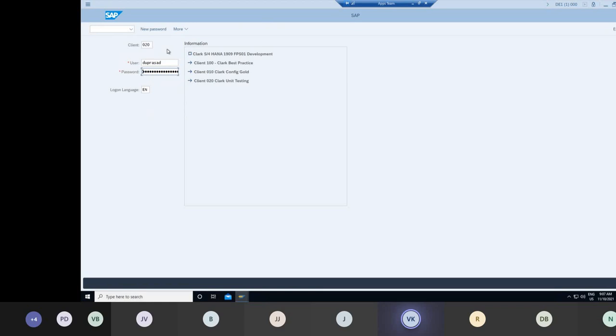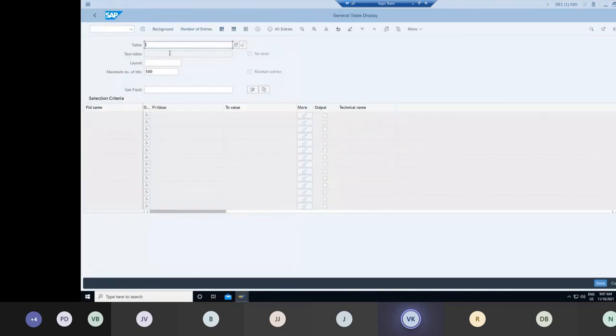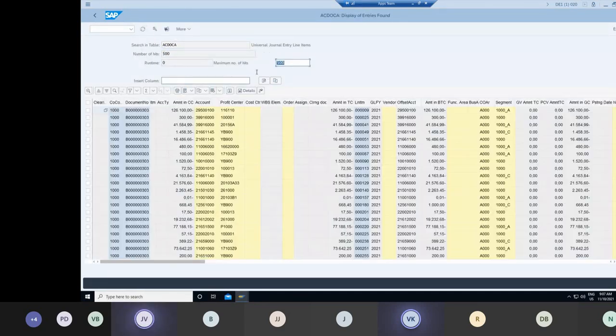That's the reason we are learning the end user part also. So here you will come, you will move your changes, and you will do your testing here. Right now I'm logged into 20, and I'm doing some testing also. I'll just show you. So this is the place. If I go to AC Docker and execute, you'll see a lot of entries.